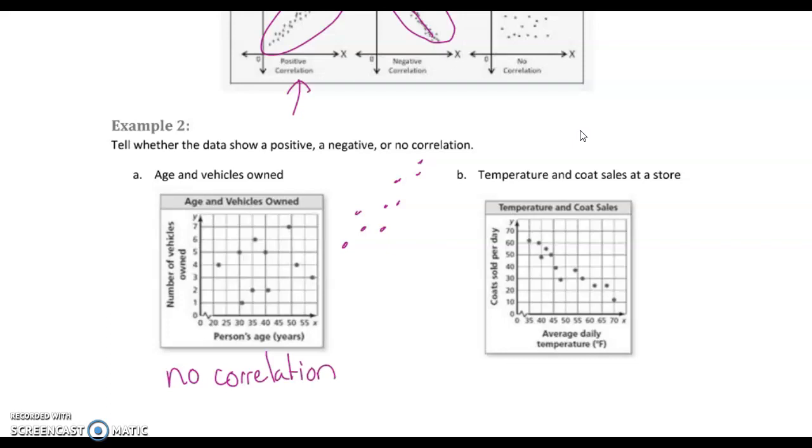All right, now look at part B. Temperature of the outside and coat sales. So you can see that these definitely are kind of trending in a line, and they're going down. If we drew a line down the middle, it'd be going in a negative slope. So there is a negative correlation. And what that means in this case is the temperature is the x-axis. So as the temperature goes up, as it gets warmer, coat sales go down because it's getting warmer and you